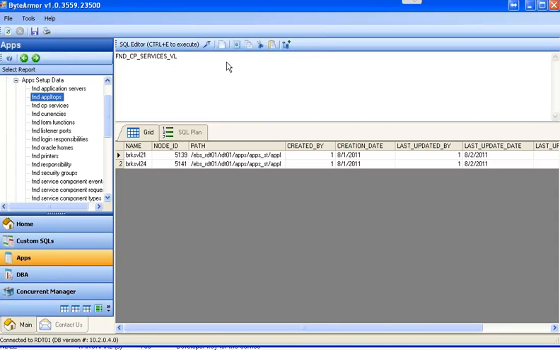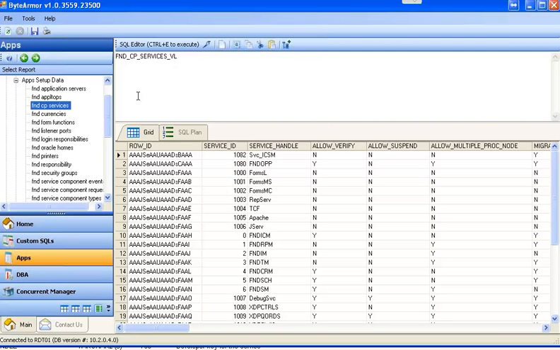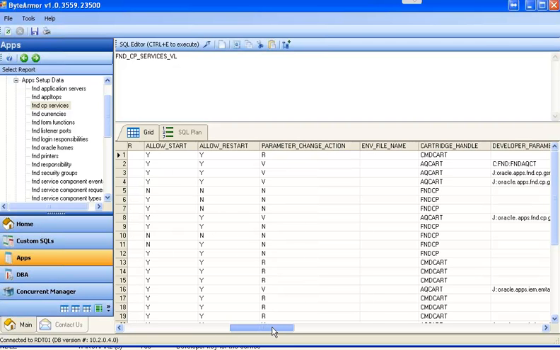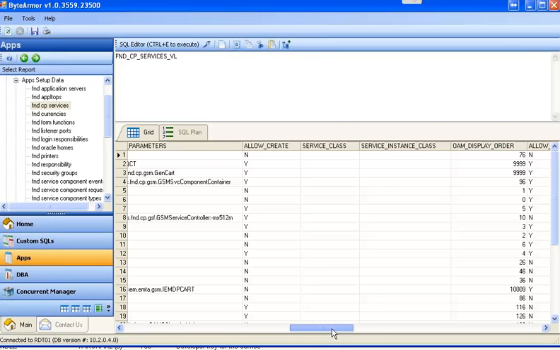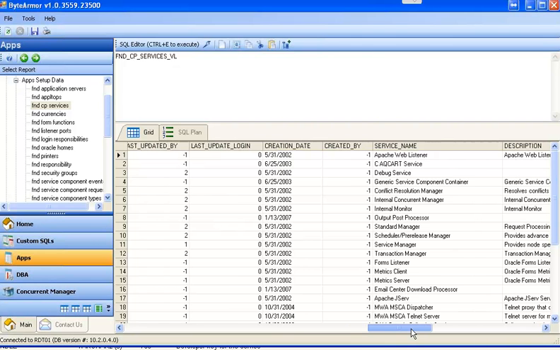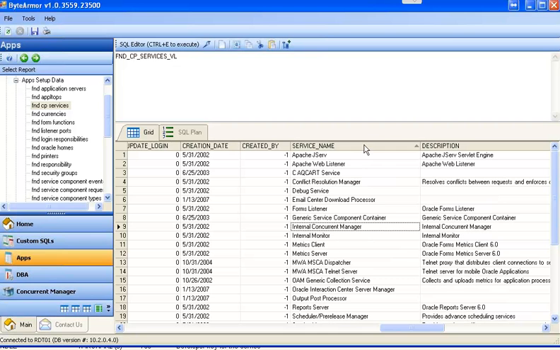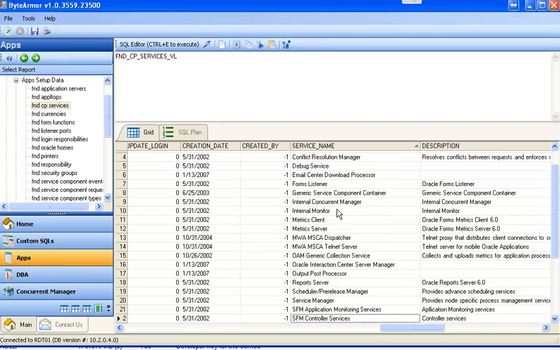In this section we are discussing services, concurrent processing services. So we have various services. So you can see service name, form listener service, metric server client, report server, service manager,